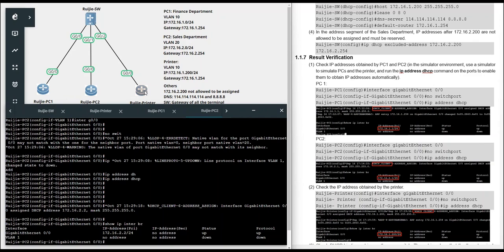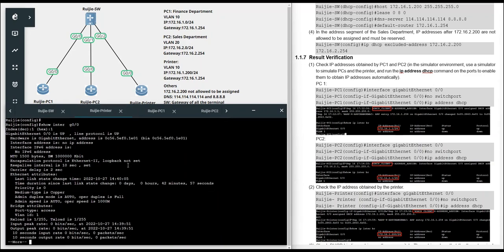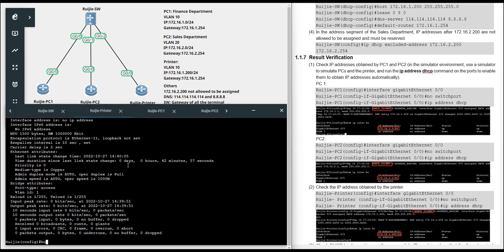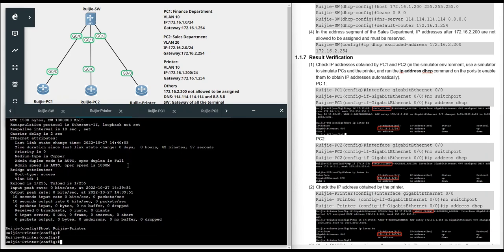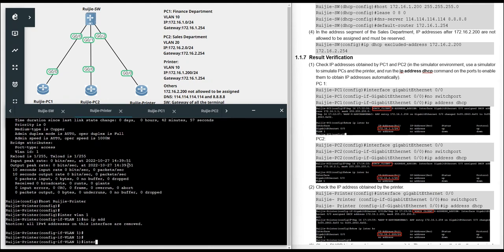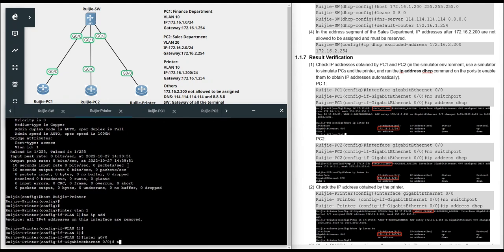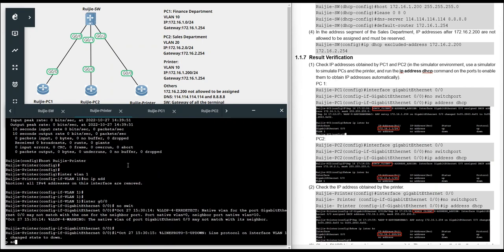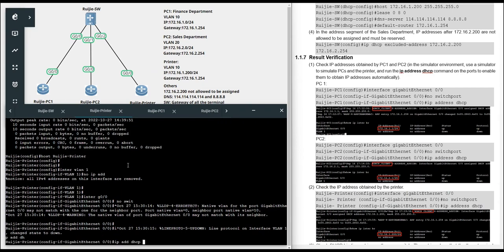And about the printer, first change the name to become J printer. Yes, and then enter VLAN 1 to delete the IP address at first, and enter the physical interface to make it a layer 3 interface, and select DHCP for the IP address.